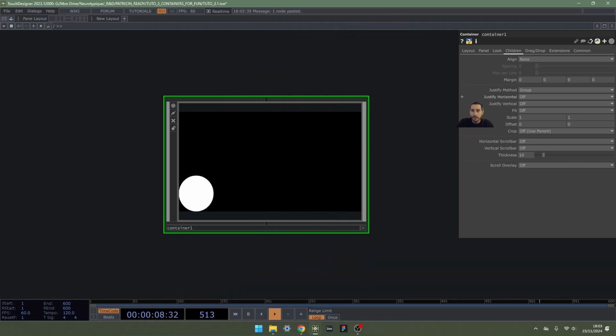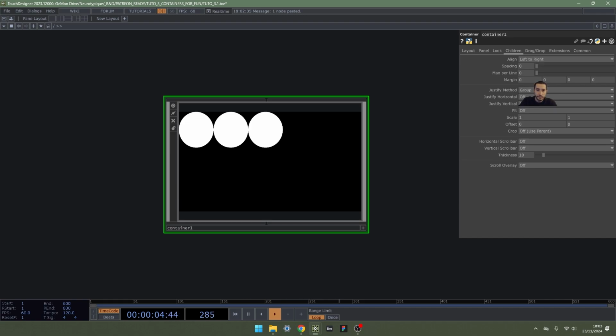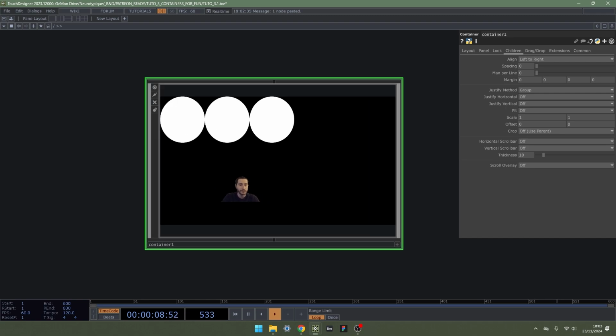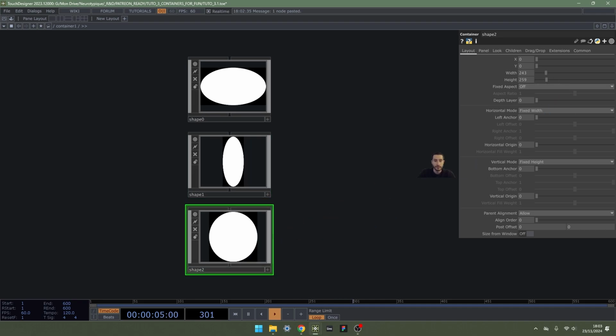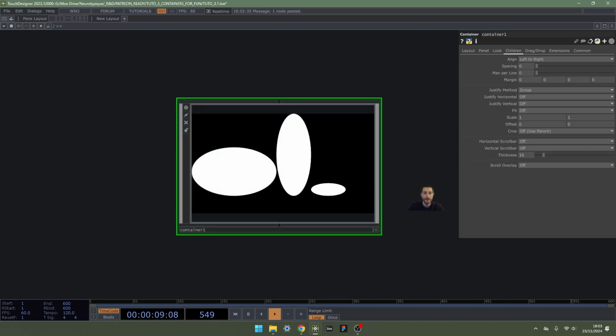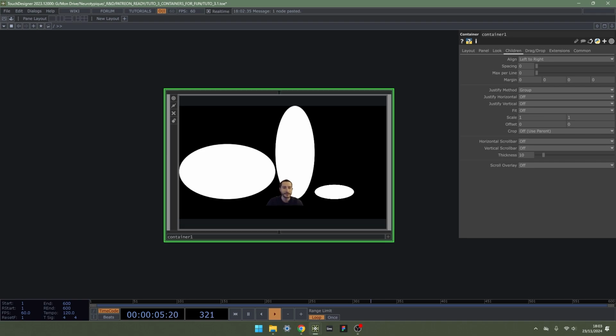So let's take a look at that. We say align, and let's try left to right. Okay, so now it took our shapes and arranged them left to right. If we change the different dimensions, okay, like that, we go up a level, and then it does its best to do that.